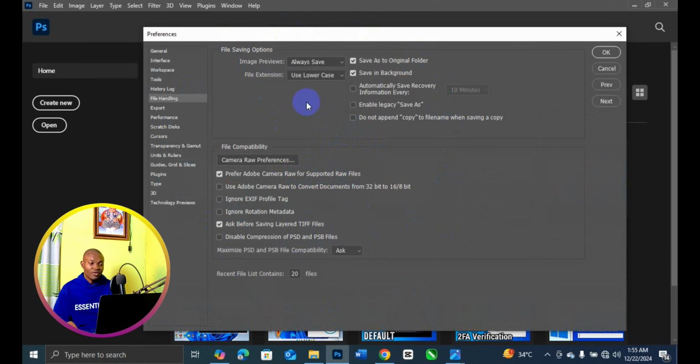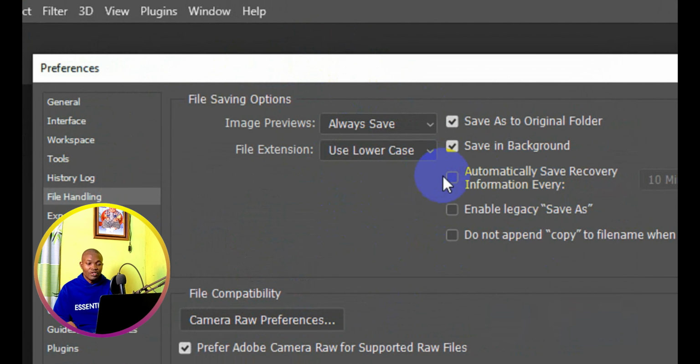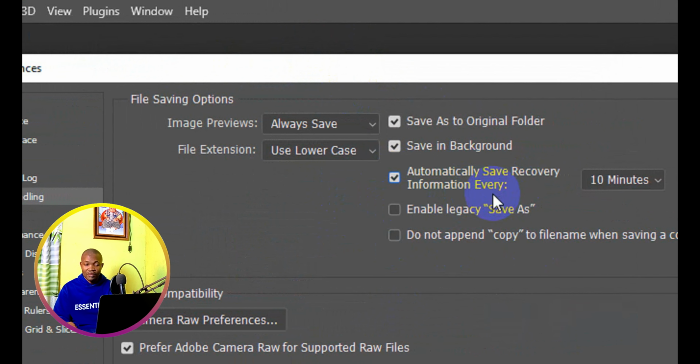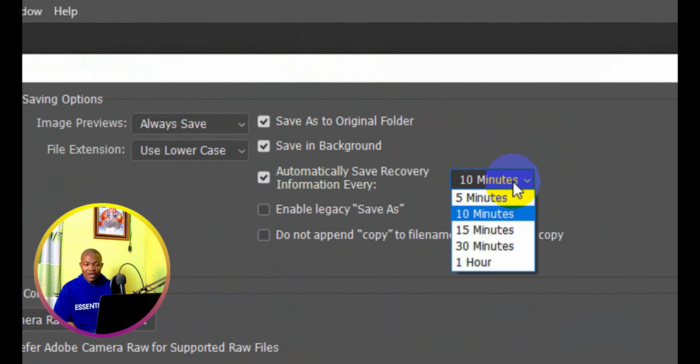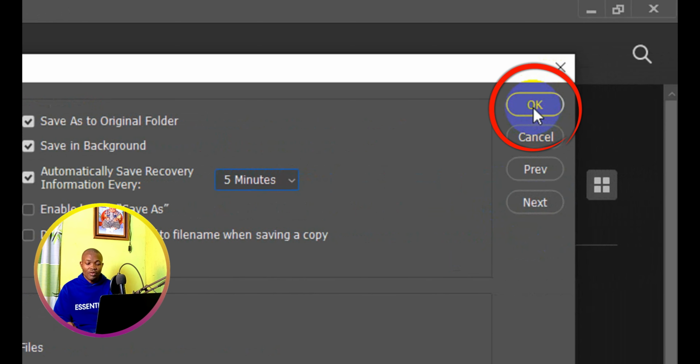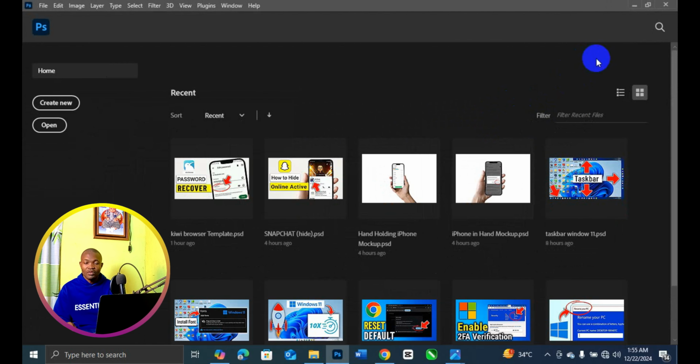Now the next thing you need to do is to, under the file saving options right here, click on automatically save recovery information every. Then you have to come here, choose the minutes at which you want your file recovery to be saved. I'm going to simply put it in 5 minutes, which is the best so far. Then the next thing you need to do is to simply click on OK right here, and as simple as